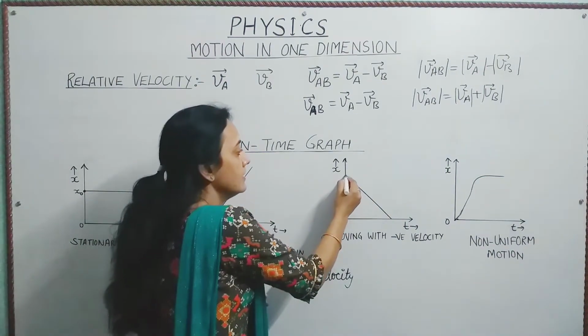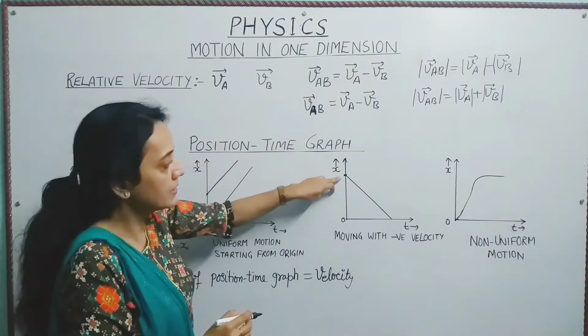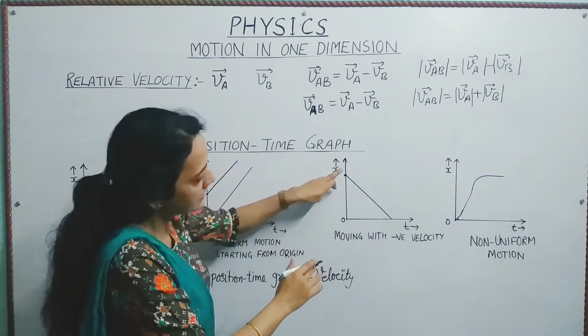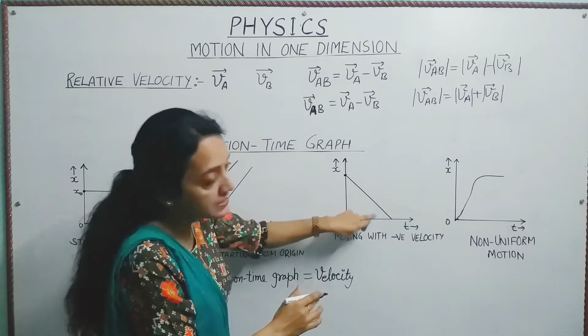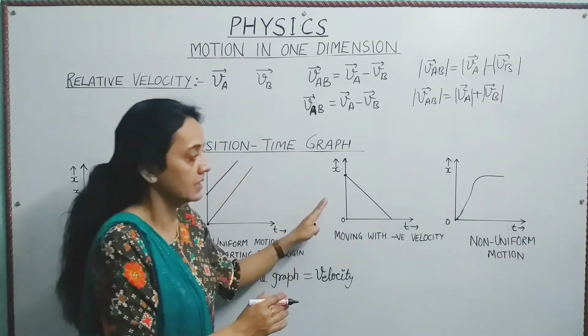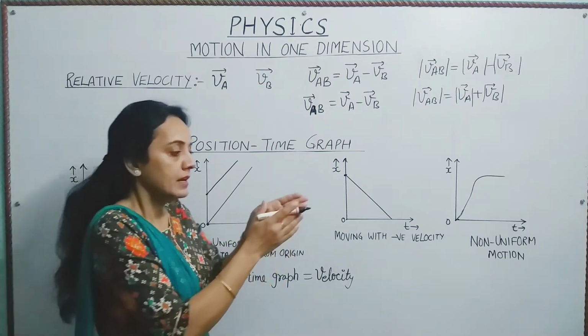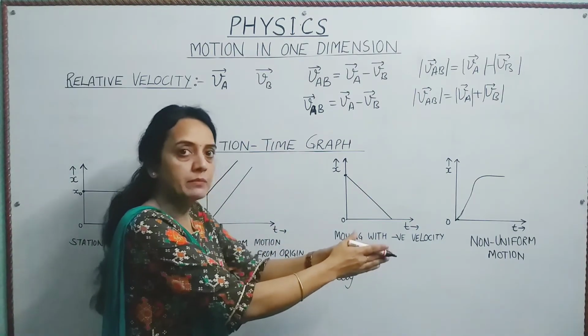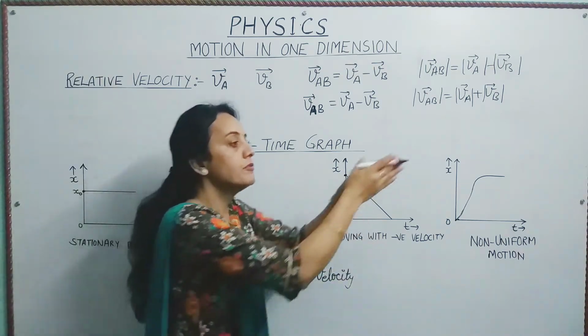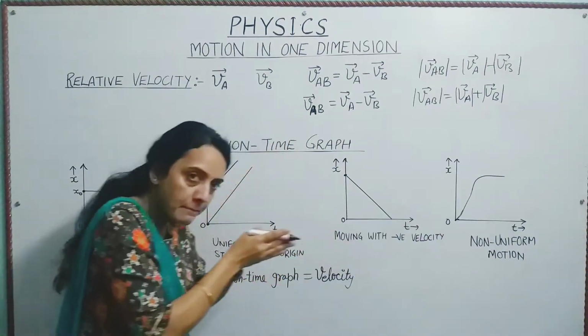Here you can see that the body was initially at some position, and as the time is increasing, this distance is decreasing. That means the body is moving with negative velocity. When can this happen? The body is kept at some distance, and instead of moving further, it is moving backward